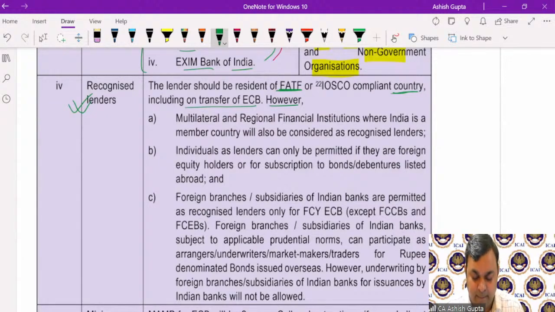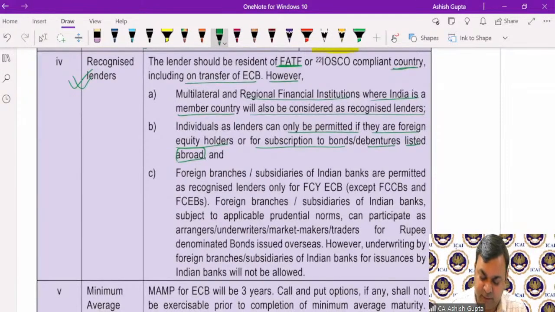However, a multilateral and regional financial institution where India is a member country will also be considered as a recognized lender, right? Individuals as lenders can also be permitted if they are the foreign equity holders or for subscriptions to bonds or debentures listed abroad. They are also eligible to lend. Bill Gates, right? Foreign branches, subsidiaries of Indian banks are permitted as recognized lenders only for FCY ECB, except FCCBs